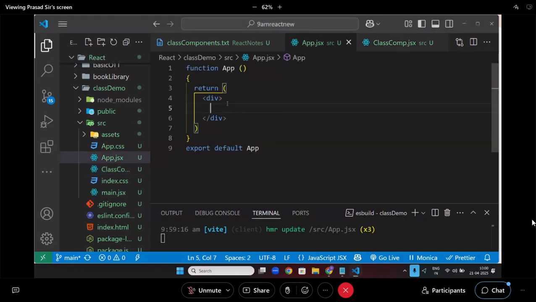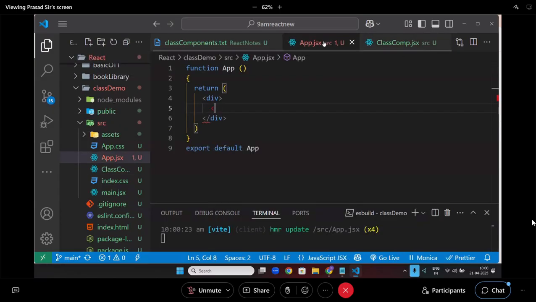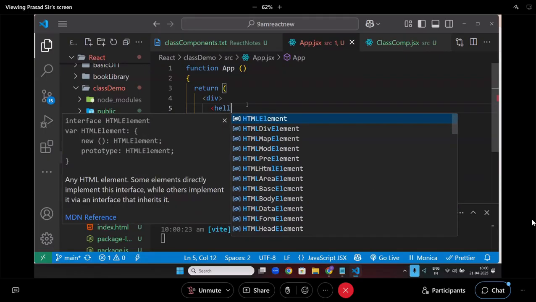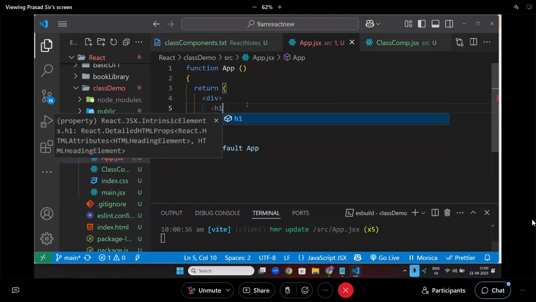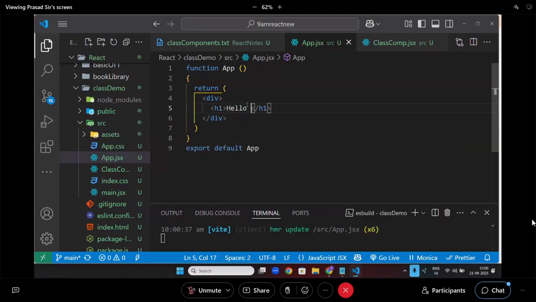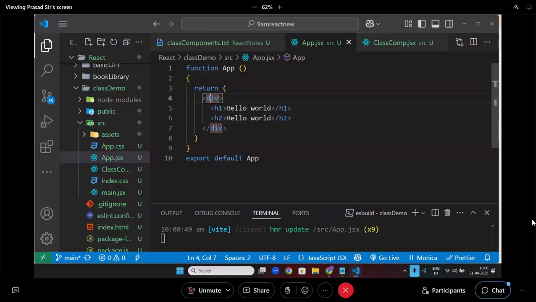For example, here I am giving this class component. Imagine I'm writing it here: h1 hello world, and h2 hello world. Now everyone see here, I have hello world in h1 and h2, and both of them are inside one div. Now this whole div, if you remember the